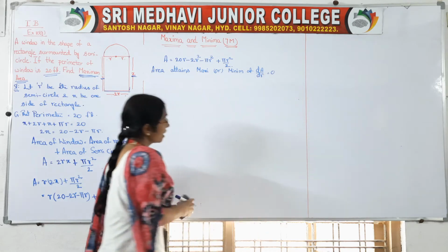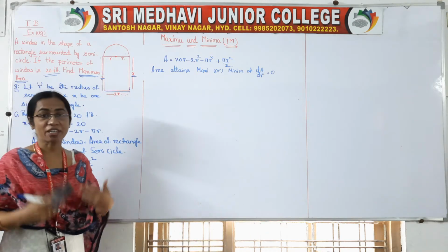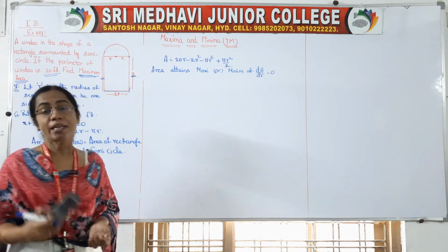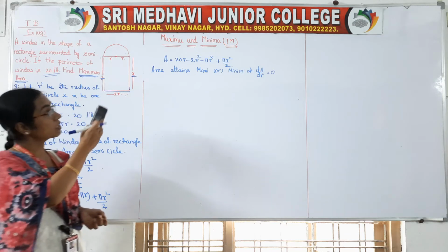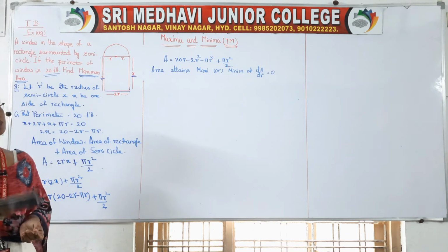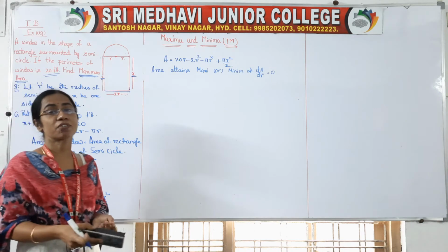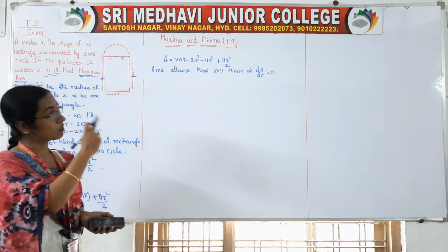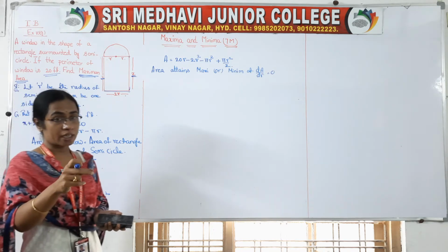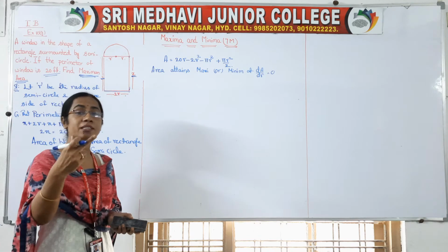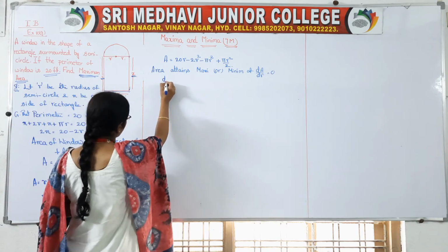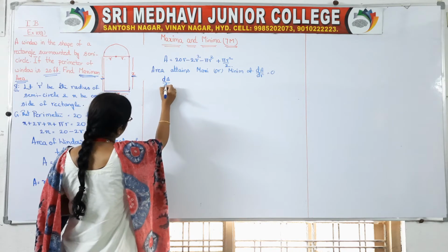Remember, generally our habit is we will differentiate with respect to x, dA by dx, dv by dx, df by dx, like that we will do. But here your A is the function in terms of r, equation in terms of r. So we can only differentiate with respect to r. That's why dA by dr is equal to 0. At that place, the area attains either maximum or minimum. So, find out your dA by dr.